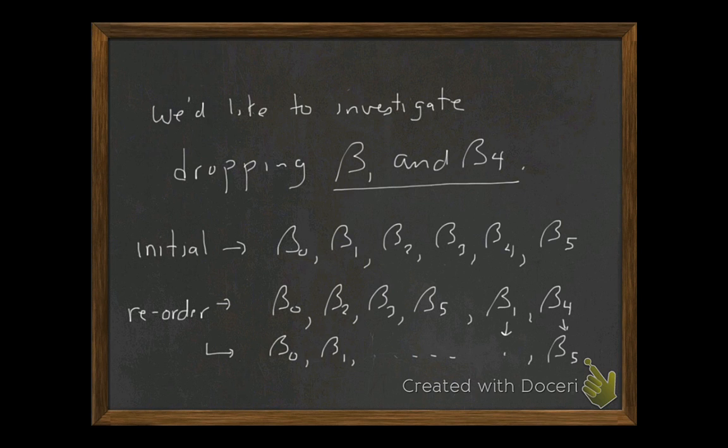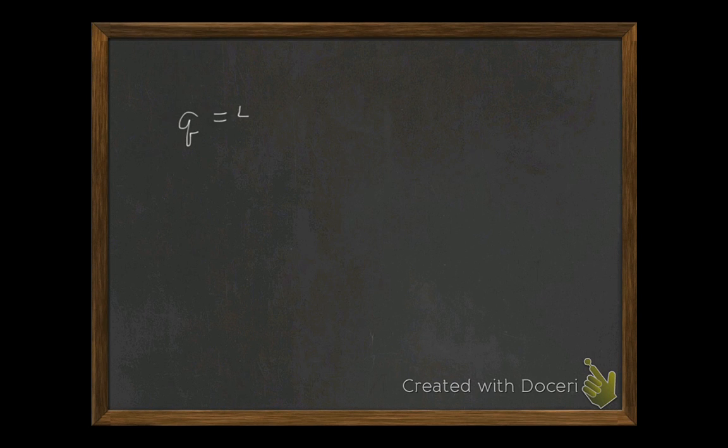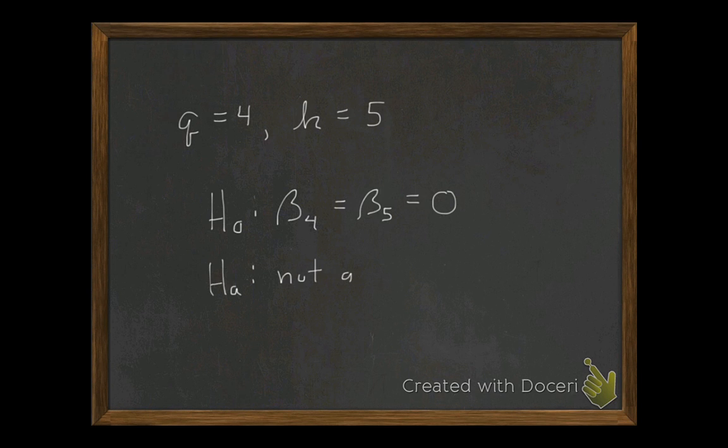Now, this Q starts where we are removing. So our Q in this case is equal to 4, because those are the variables that we're investigating dropping. Q is equal to 4, and we have a 5 predictor model, so K is equal to 5. Hopefully that makes sense. So we're going to test the alternative. So both of these aren't necessarily equal to 0. So the F statistic here,